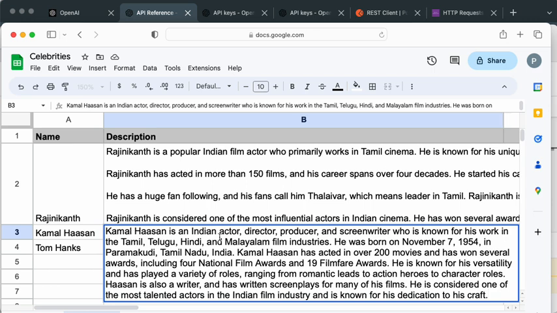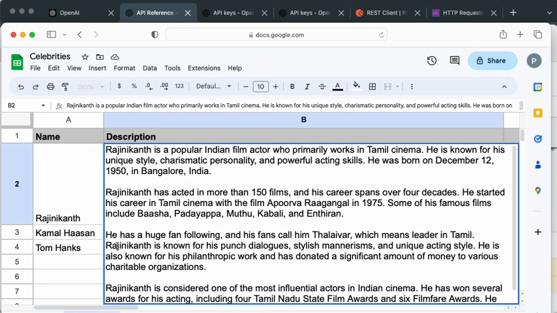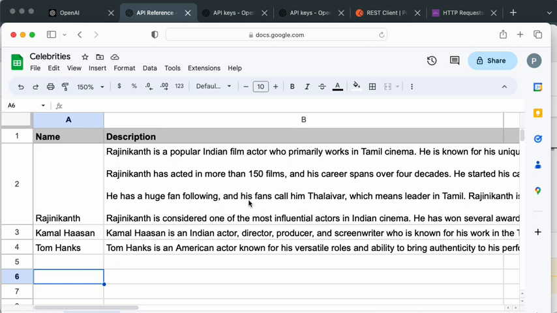Kamala Hassan is an Indian actor, director, producer, and screenwriter known for his work in Tamil, Telugu, Hindi, and Malayalam film industries. So this is the perfect example of how you can integrate your code or your